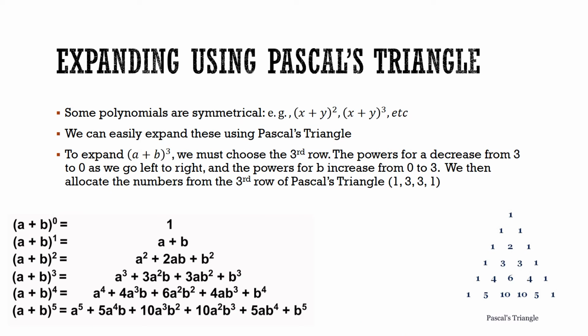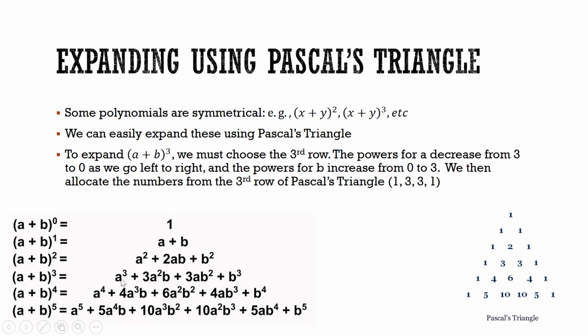If polynomials are symmetrical, which means that it's just x plus y squared or x plus y cubed, and that they're all the same, we can actually use Pascal's Triangle. It's a really, really simple way of getting it sorted. So Pascal's Triangle is 1, 1, 1, 1, 2, 1, 1, 3, 3, 1, 1, 4, 6, 4, 1, 1, 5, 10, 10, 5, 1, etc. And all we can do here is, say for example, we have a plus b cubed. Okay? Because it's cubed, we go to the 3rd row of Pascal's Triangle, 1, 2, 3,